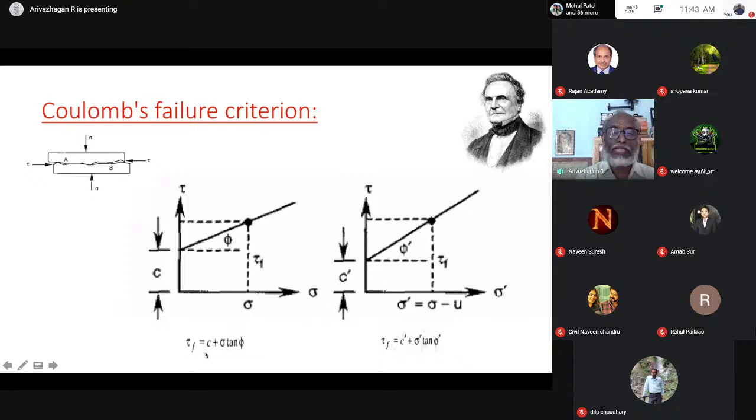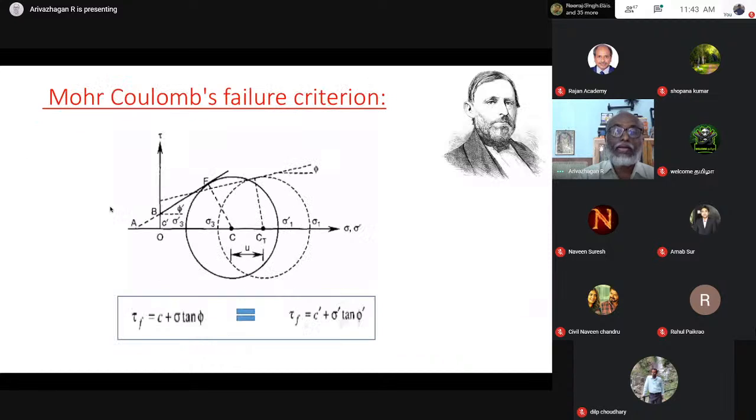The sum c plus sigma tan phi represents the maximum shear stress needed to slide the two blocks on the contact surface. But in real soil, if a predetermined sliding surface is forced to occur, the soil below and above the failure plane will not act as a rigid material, but will deform, causing a volume change around the sliding surface. This is a more realistic representation of the maximum shear stress.